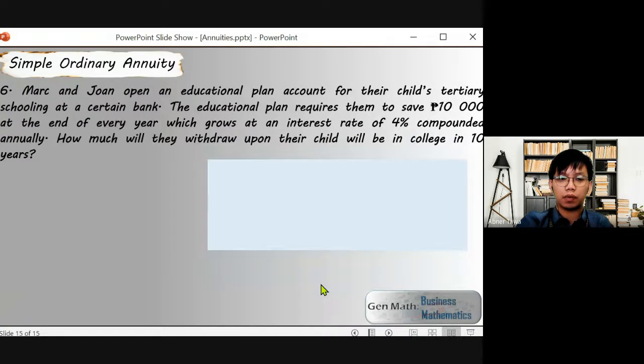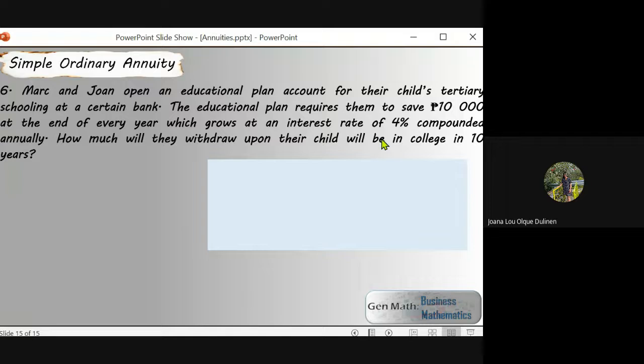Okay, let's have here our last example. So the last example we are going to have here is similar, is the same with the first scenario that we have in the beginning of the discussion. We have the educational plan. You just write it in a problem or worded problem. Okay. So who wants to read our problem number 6, our last example? Okay, Miss Joanna.